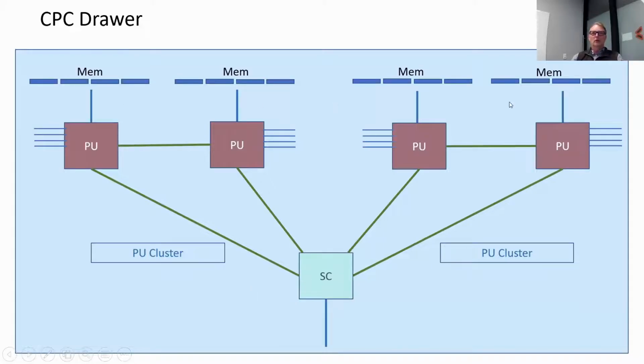So let me just show you a picture of a drawer to give you an idea of where we are in this. The system controller chip coordinates the activity between the 4 processor unit chips in this example drawer. And it also controls the communication with other processor drawers that you have. So this is why the machine can operate at tremendously fast speeds, because this controller, these drawers operated by the system controller really help speed the efficiency of the mainframe.